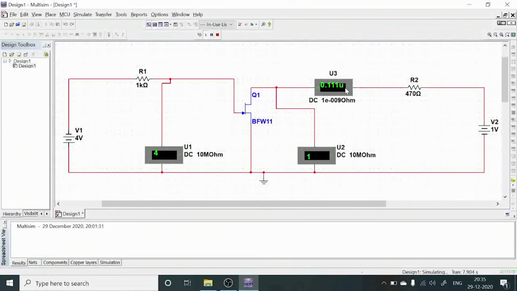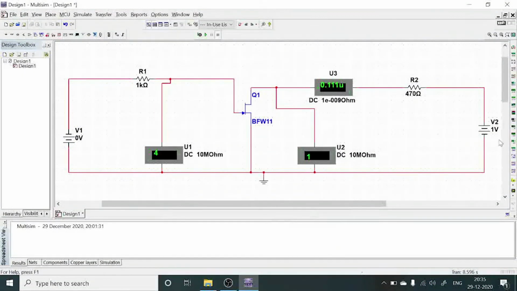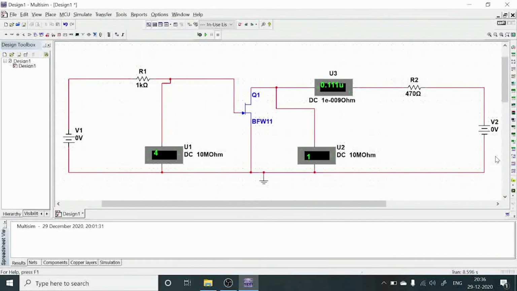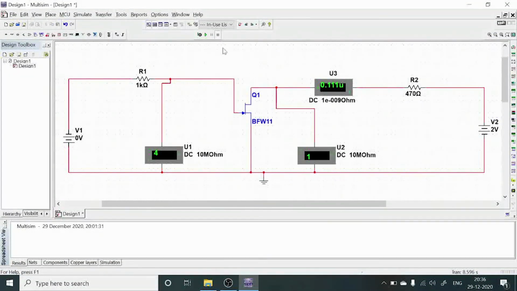To observe the second case, first I am going to stop this simulation. Now again I am going to maintain another drain to source voltage value here. So first, adjust these two DC sources to 0. Just double click this one, adjust to 0, select OK, and the second one is also adjusted to 0, select OK. Previously we assumed that the drain to source voltage is 1 volt. Now I am going to maintain the drain to source voltage at 2 volts. So just double click this one and change this 0 to 2 volts, select OK, then simulate this one.